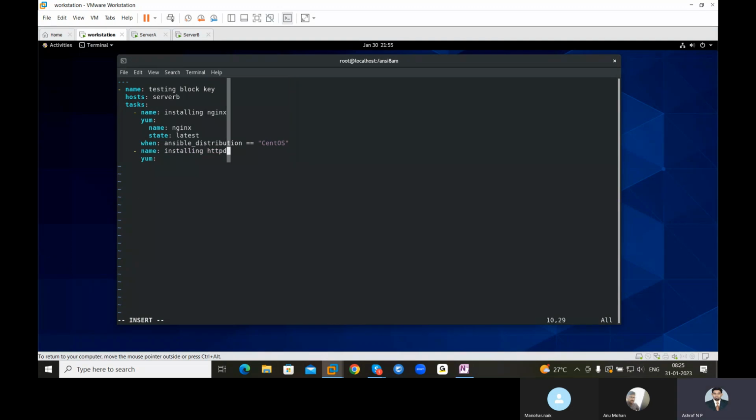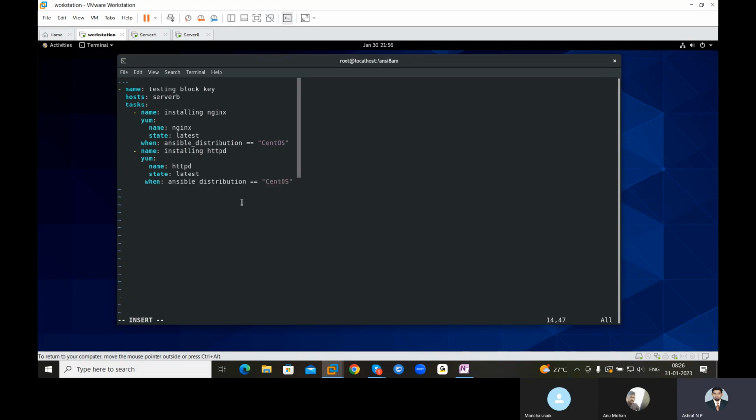This is my condition. I have the same condition even for the second task also. For the second task also I have the same condition.